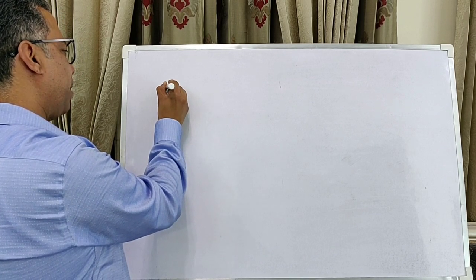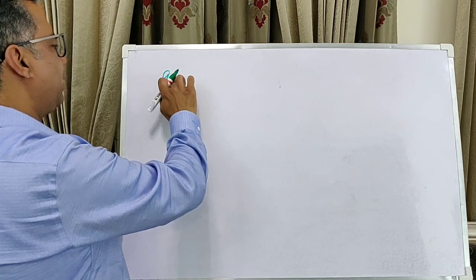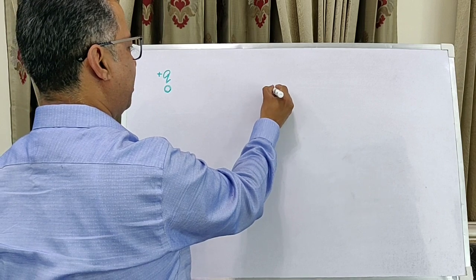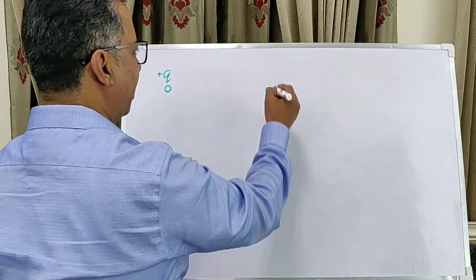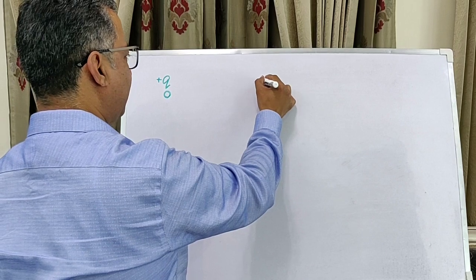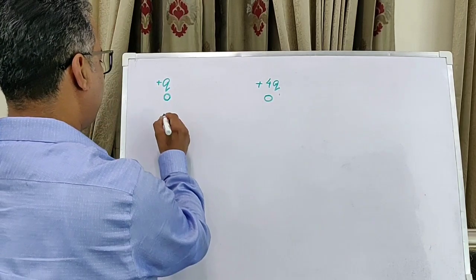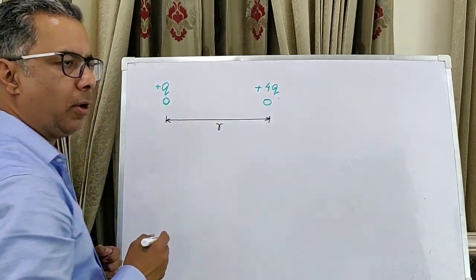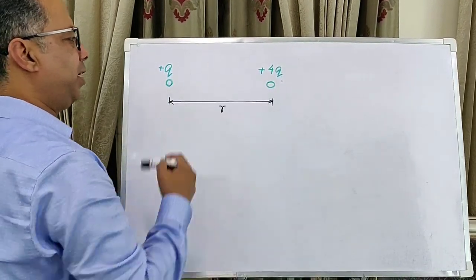We have a charged particle carrying a charge plus Q, and we have another charged particle here at a distance d, let's say, and this charged particle has a magnitude plus 4q. The distance between these charged particles is, let's say, r. Now these 2 charged particles are separated by a distance r. One of them is plus q, the other one is plus 4q,